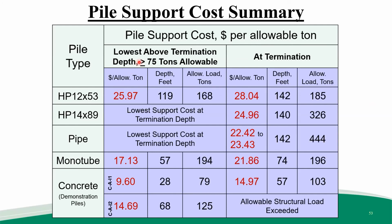And we looked at 2 things, either the lowest support cost above a termination depth that was greater than 75 tons, or the support cost at termination. There's a lot of information here, and really what we'll focus on are the costs. You can see that the HP 48 by 89 had the lowest support cost at termination between the 2 HP sections. The pipe had slightly better support costs at termination, that would be on the rock, than the H pile, probably because it had a larger bearing area and so developed more toe resistance on the rock. The monotube outperformed both of the other steel options, the H piles and the pipe, in terms of support cost,